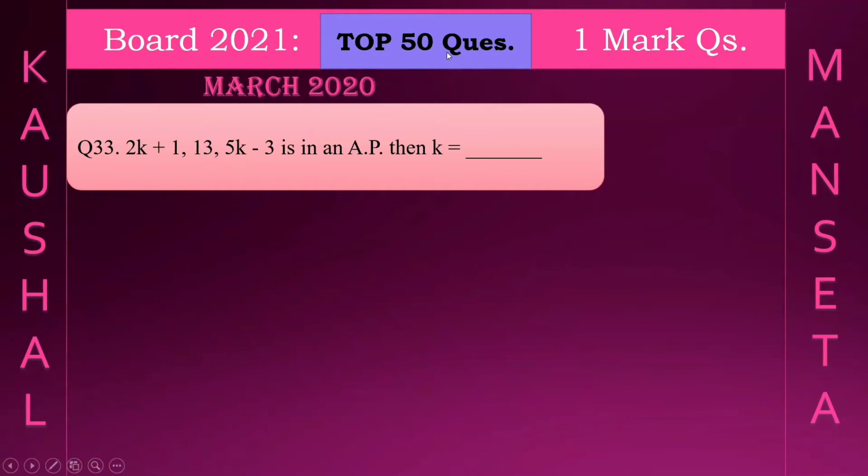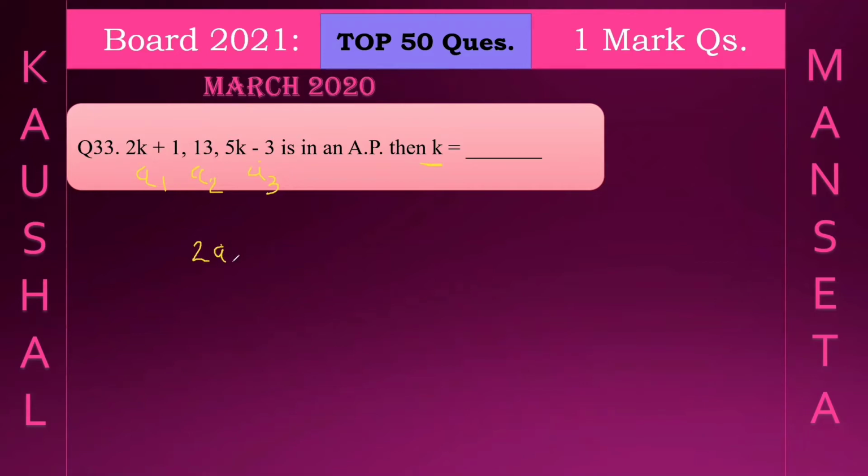Question number 33: 2k plus 1, 13 and 5k minus 3 is an AP. Then find the value of k. So we are going to find the value of k. Given that the first term is 2k plus 1, the second term is 13, and the third term is 5k minus 3. We know that whenever three numbers are in an AP, we can write 2a2